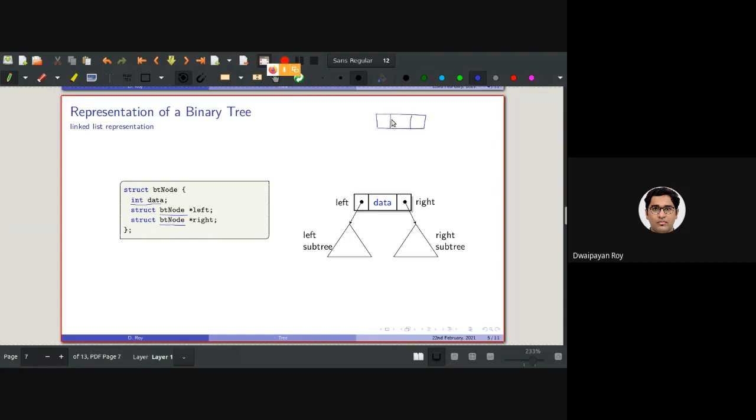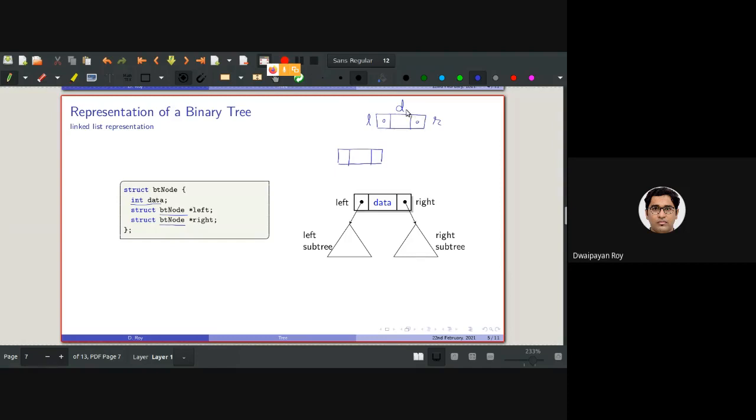Here the data will be stored, here the left child, and here the right child. These two will contain the addresses of other nodes, which will eventually be the left child and the right child of this node.